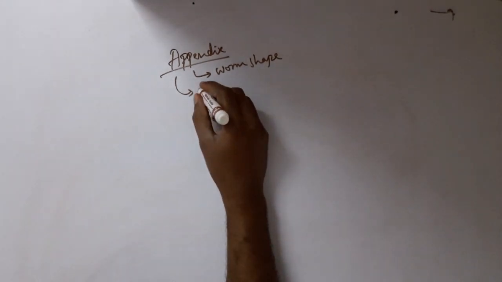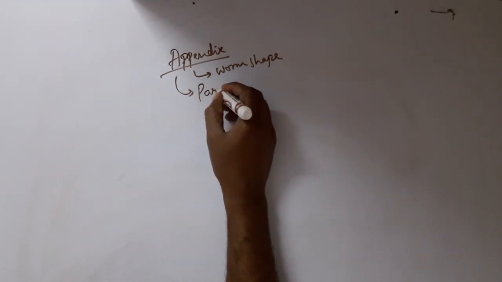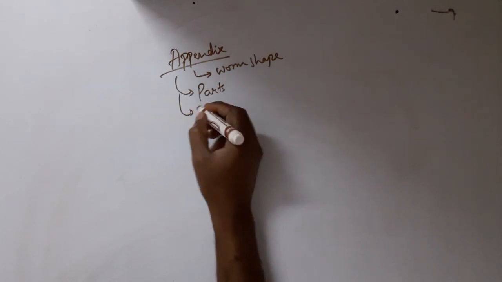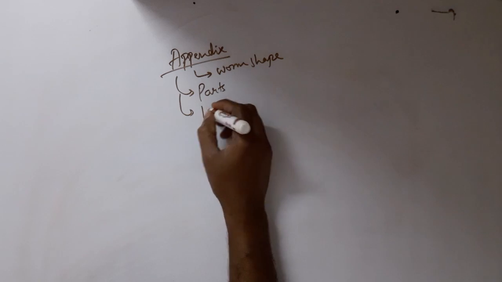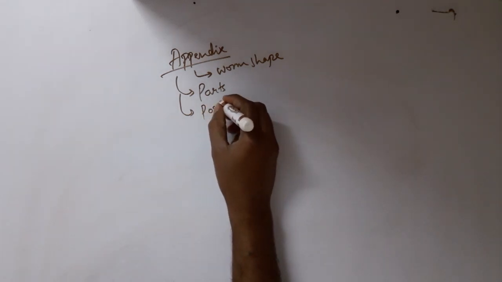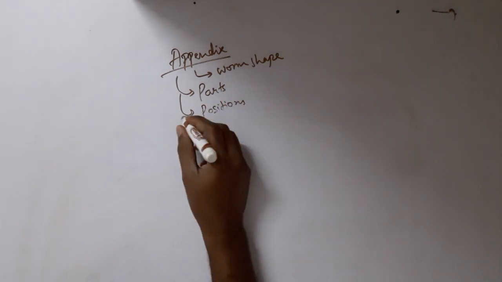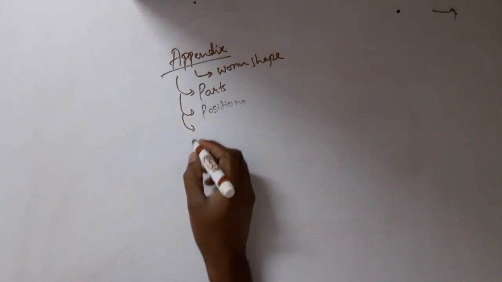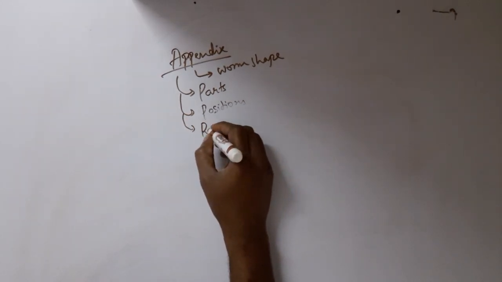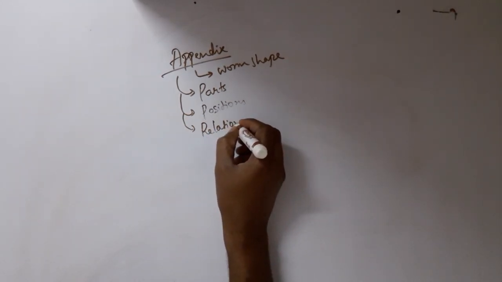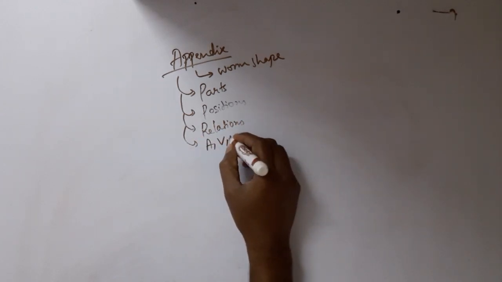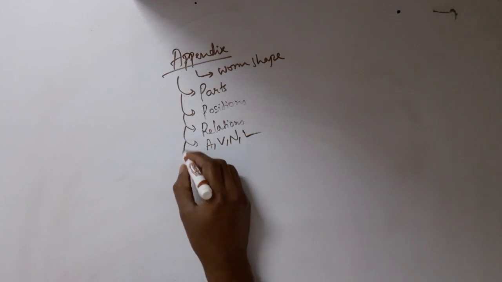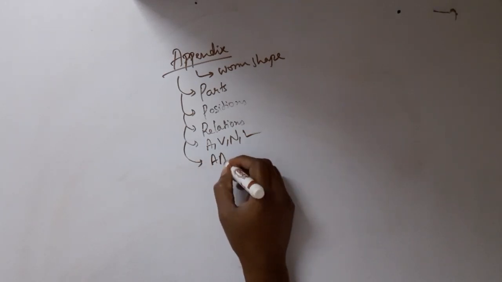We will discuss the parts of it, the positions of it, and based on that position you have different terms. Then what are its relations? Peritoneal, does it have anything? At last we have the arterial, venous, nerve and lymphatic supply, and an important thing here, the applied aspect